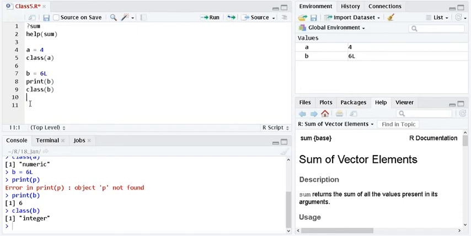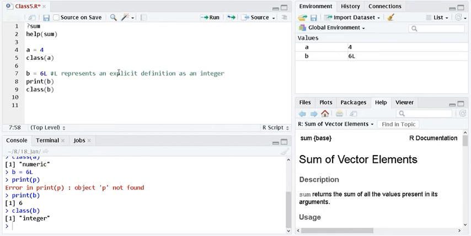L represents that this is going to be an integer. 6L are integers, but 6A is not an integer.